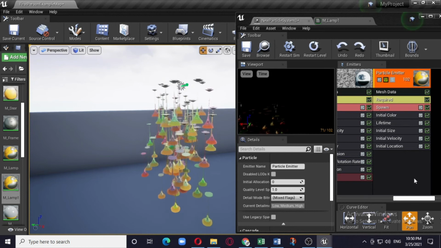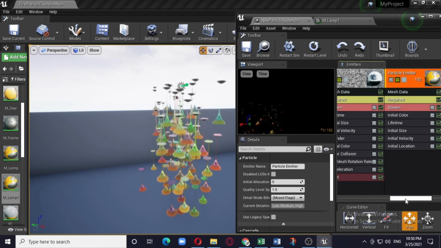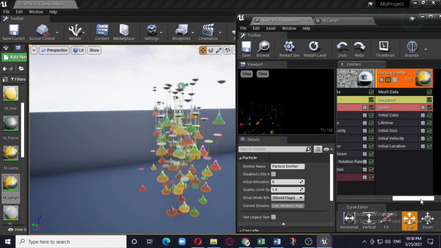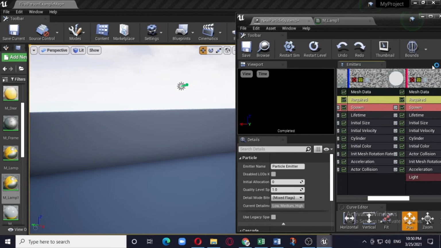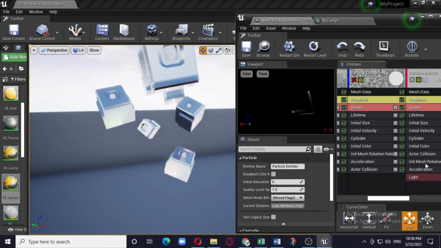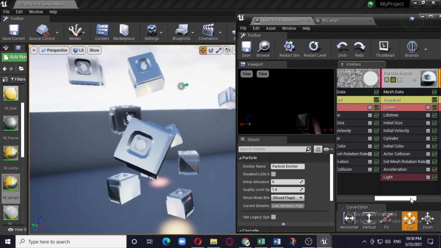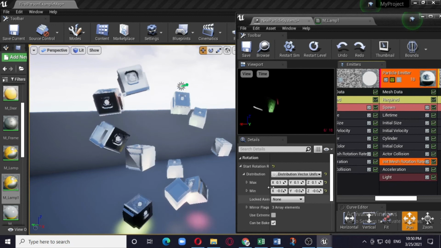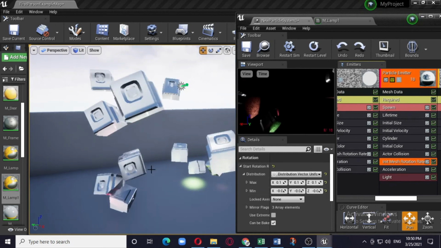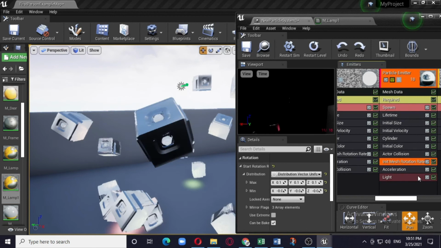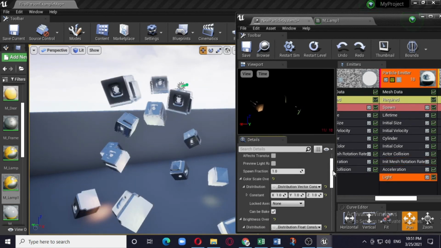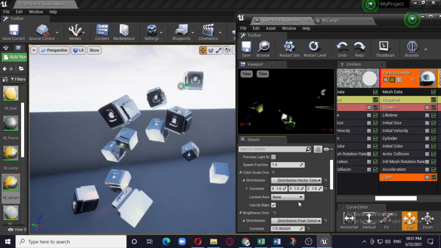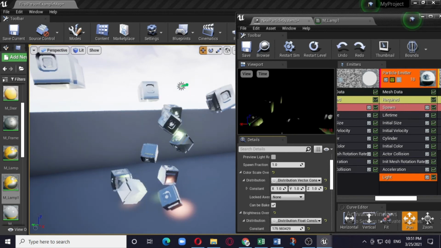Okay, so that's very simple. There are a lot of other things you can try based on whatever you want. So let me go through them individually. Let us assume I have taken this mesh data, which is a cuboid. Here I have added initial mesh rotation, so you can rotate the mesh whichever way you want. Then I have added light, so you can see you have already gone through the light module. So I have increased the light, the radius, size, all those things.